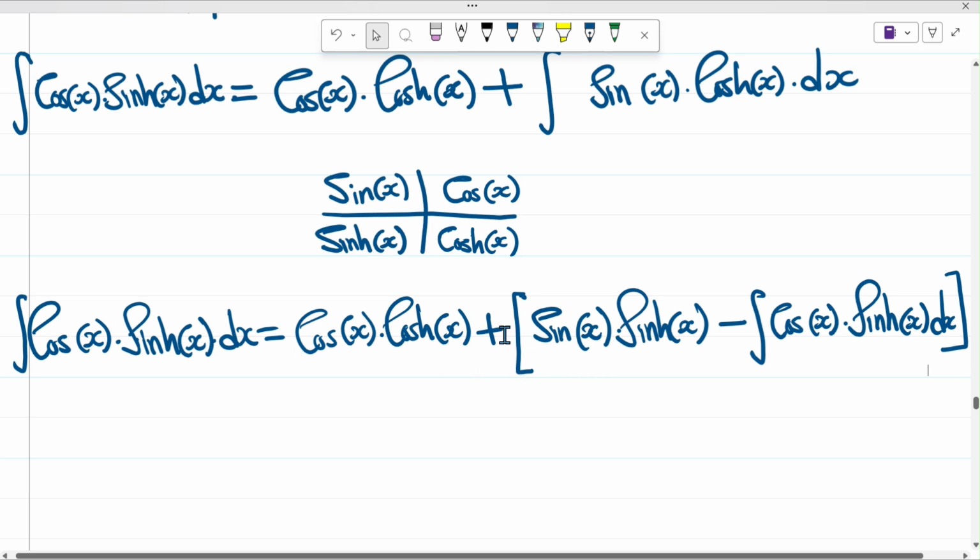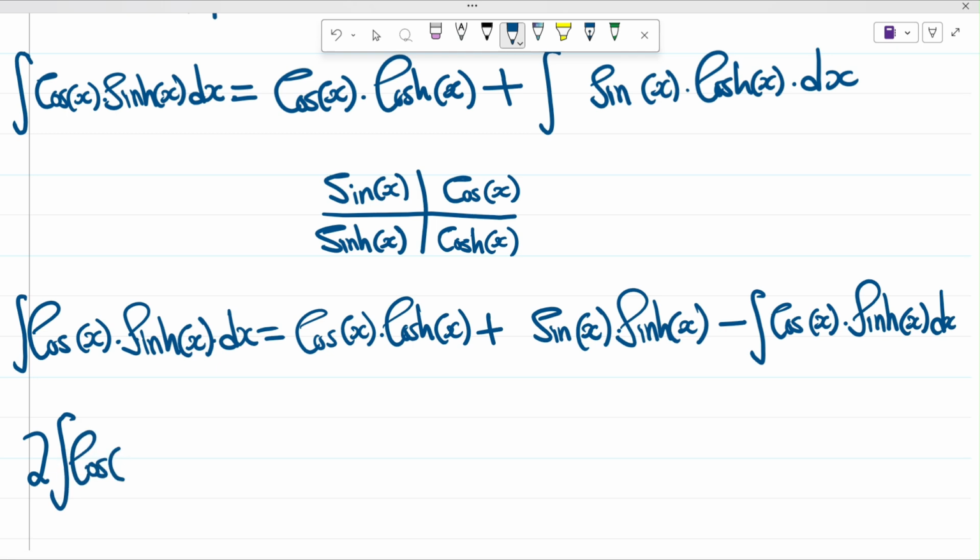Before I take it to my left hand side, I need to first multiply by this positive. So when I multiply this positive by these two terms, this one is going to remain as positive, and this other one is going to remain as negative. So allow me to just eliminate this bracket so that I avoid writing a lot of steps unnecessarily. So I'm going to take the other one to my left hand side. Then that's going to be 2 integral of what? Of cos of x multiplied by the hyperbolic sine of x